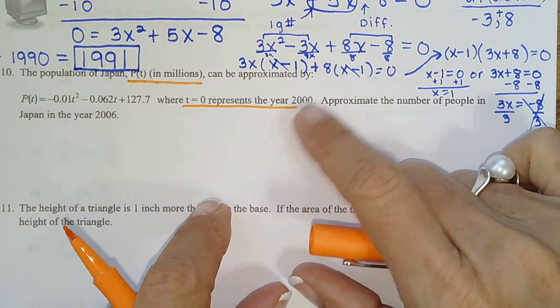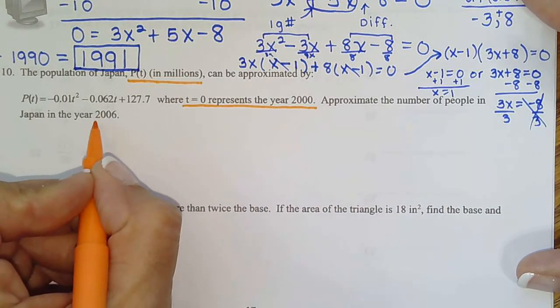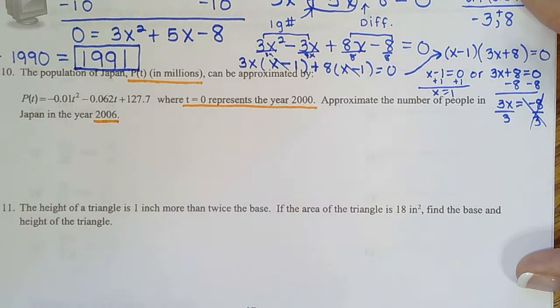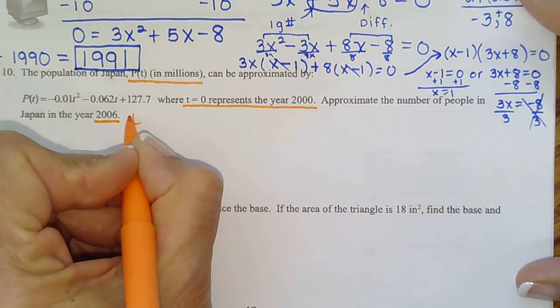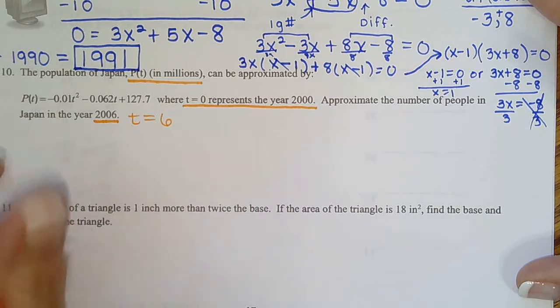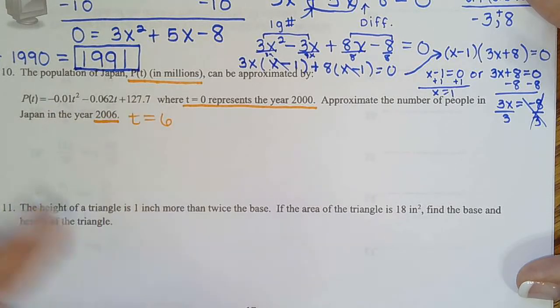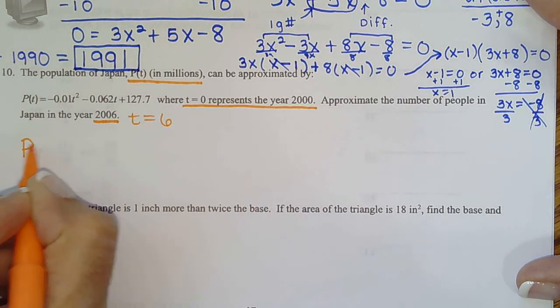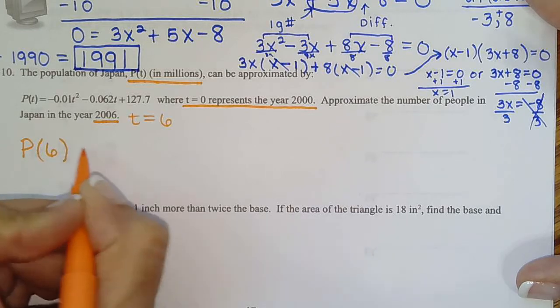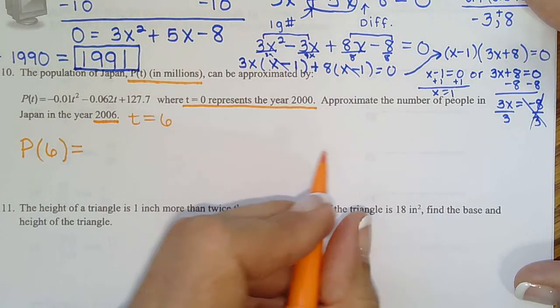Okay, so year 2000's T equals 0. So this one is asking for 2006. So that means T is 6. So this is just an easy little plug and chug problem because everywhere I see a T, I'm going to put in 6 and then I'm going to go to the calculator. So population 6 years after 2000 is